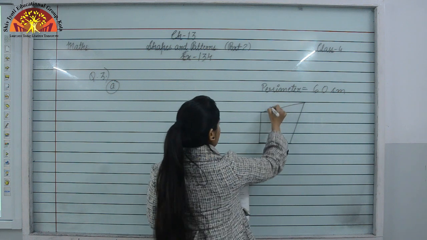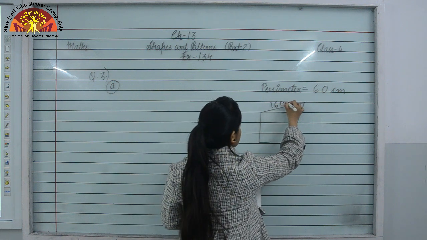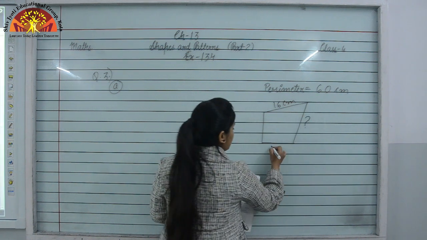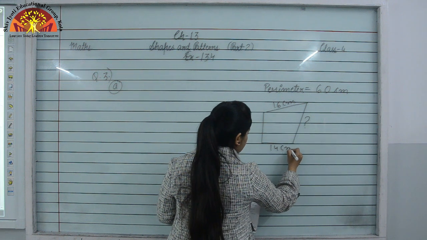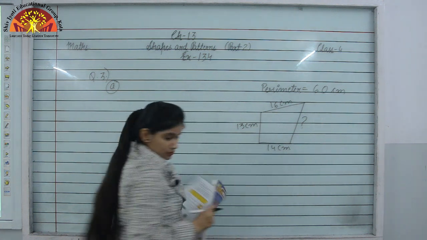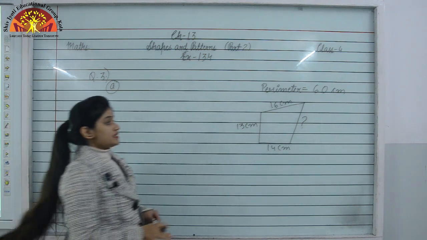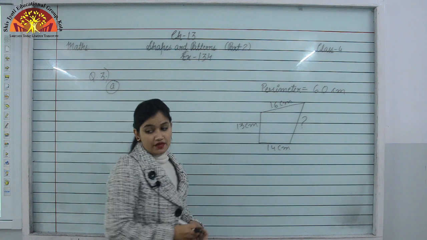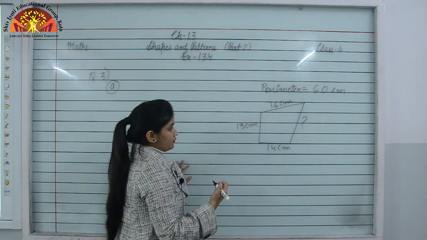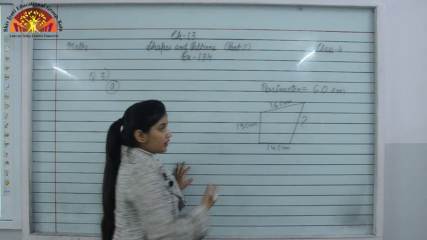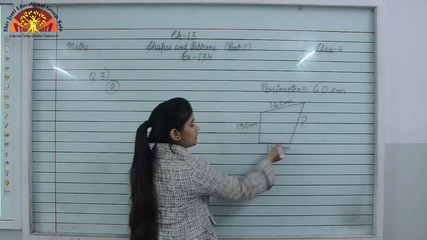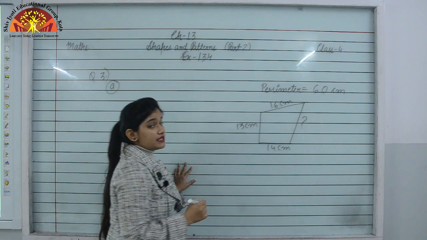Now in this shape, this side is given 16 centimeter. This side we have to find, and the third side is 14 centimeter, and the last side is given 13 centimeter. Okay students? This is a shape of quadrilateral as we have seen in previous video, right? Here in this shape we can see 4 sides. It means this is a shape of quadrilateral. In this, first side is 16 centimeter. Next side we have to find. Third is 14 and then last side is 13 centimeter, right?